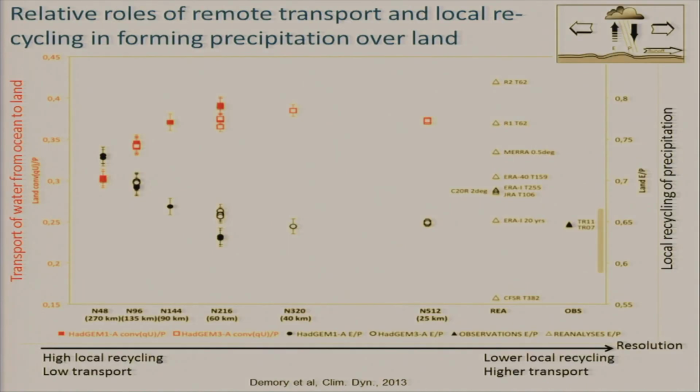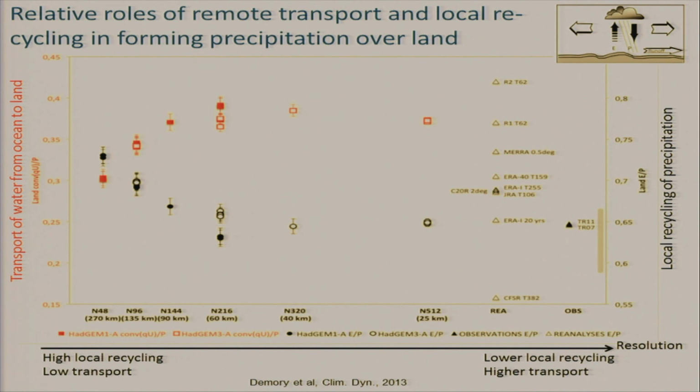So if you then plot aspects of that against the resolution, here we have resolution increasing, here's a 130 kilometer model, out to 25 kilometers here. You look at it in a couple of ways: either the transport of water from ocean to land in the red, or a measure of the local recycling of precipitation, which is essentially looking at the balance between a column evaporating and precipitating just in place, which I think typically low resolution models do too much of. They evaporate in one place and then essentially precipitate in the same place. That is against horizontal, zonal movement of moisture, say from ocean to land. So you can see as you increase the resolution, you see quite a big change in that. Essentially you're having less of this local recycling and more of the zonal transport,